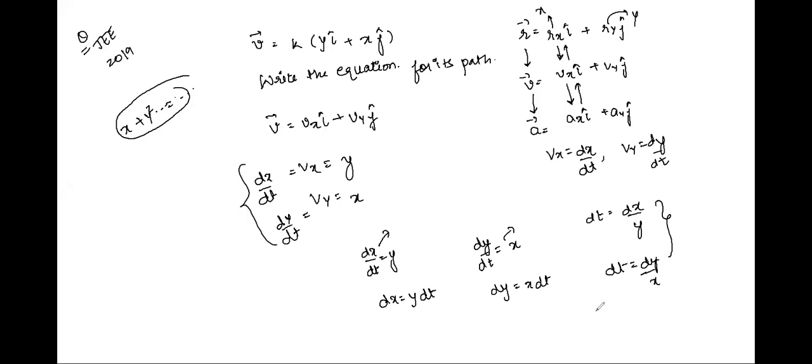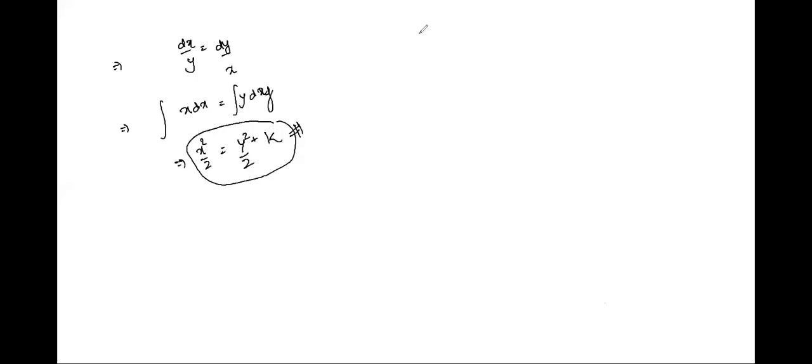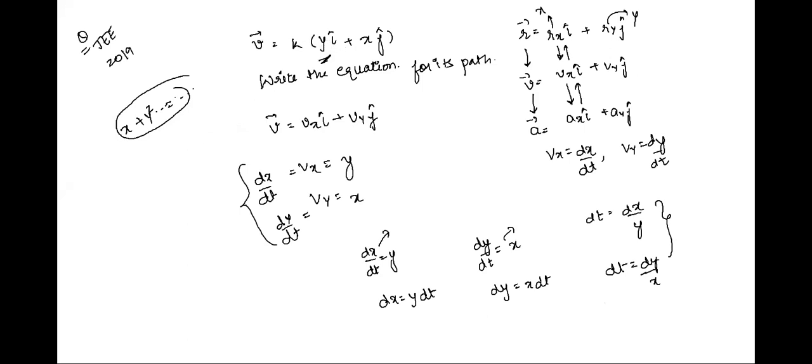So Atul, in this question, as I told, you have been given the value of v as k times of yi cap plus xj cap. So what I've done, I have just compared the known form of velocity or known form of equation with the equation given in the question. This comparison gave me that. Actually I think I have not written k here, so maybe you can add the k, right? So using that we got vx is equal to k times of y, vy is equal to k times of x. After getting that, all we have done is equate the equations.